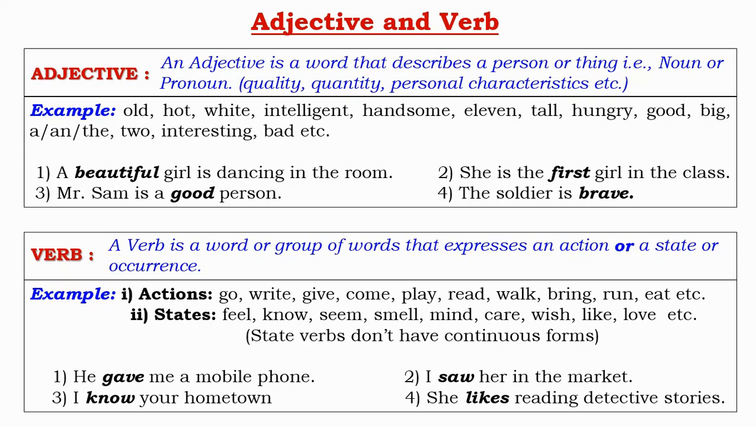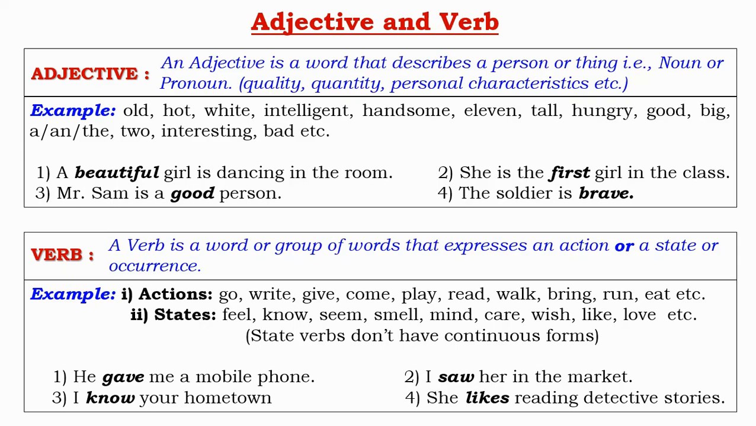Number 2, states such as feel, know, seem, smell, mind, etc. Remember, state verbs do not have continuous forms. Examples of verbs in sentences you can see here are: